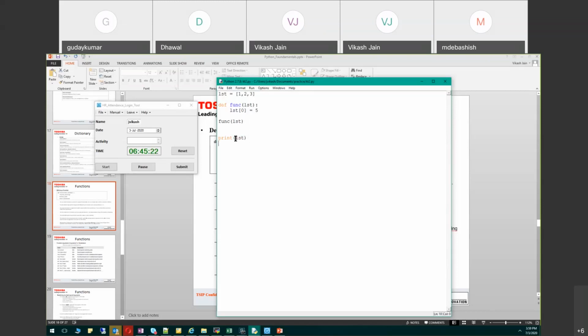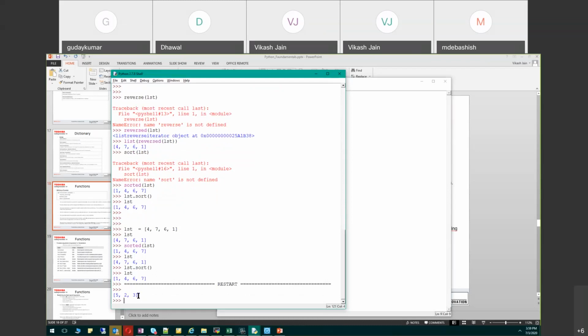Okay, so can anybody tell me what it will print? 523. 523 because it will change that sequence inside the function. So if you run this,